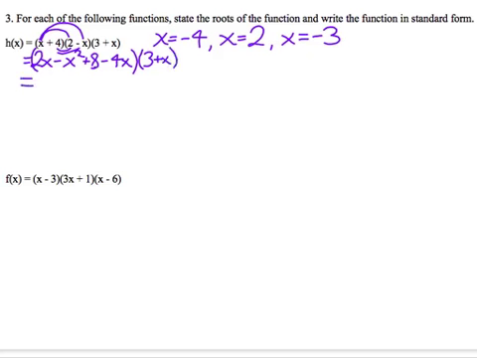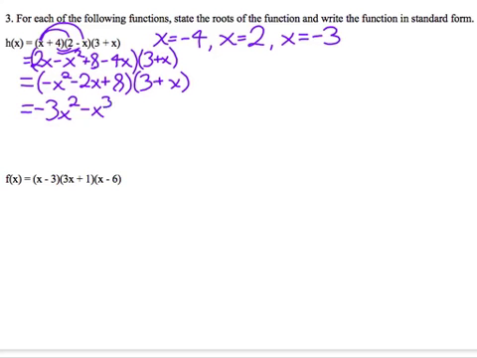Let's collect like terms. So we'll have negative x squared minus 2x plus 8. And then multiplied by 3 plus x. Now we need to multiply each term in the trinomial by each term in the binomial. So this is going to give us negative 3x squared, minus x cubed, minus 6x, minus 2x squared,